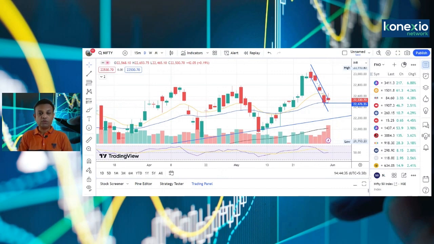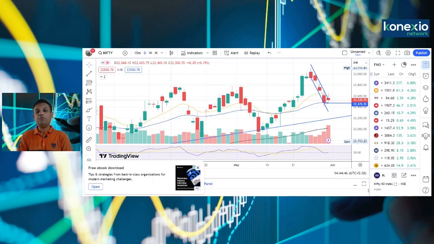So as I said, next week is a very big event. General election results are on 4th of June. So definitely we might see high volatility from these levels. But purely looking at the technical pattern, it is oversold on the hourly charts. So we might see a sharp short covering from these levels. So one needs to avoid short selling from these levels. Most probably the setup is oversold on the hourly charts, and we might see a sharp pullback from these levels. So the view is buy at current levels, and if there is a dip, one should buy on corrections also.